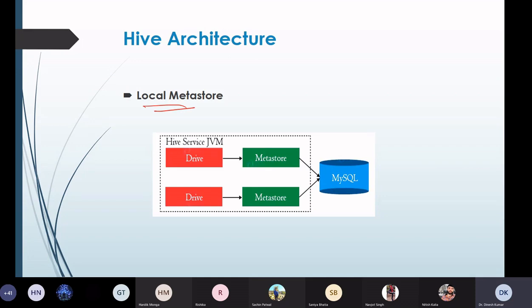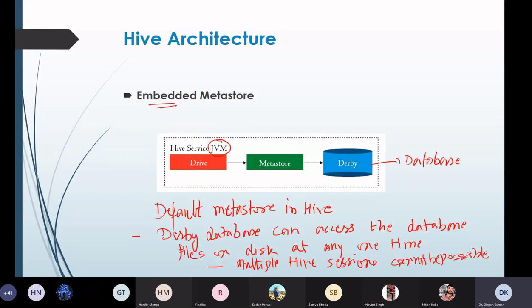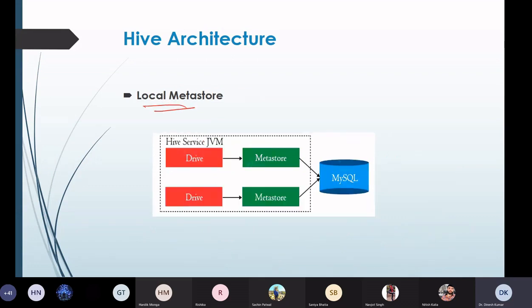But with the embedded metastore only a single Hive session is possible, which is not recommended for a data warehouse based framework like Hive. So to overcome the limitation of the embedded metastore, the local metastore was introduced. It allows many Hive sessions.